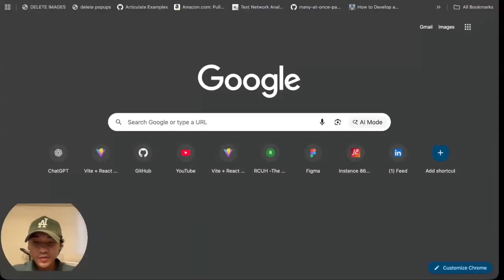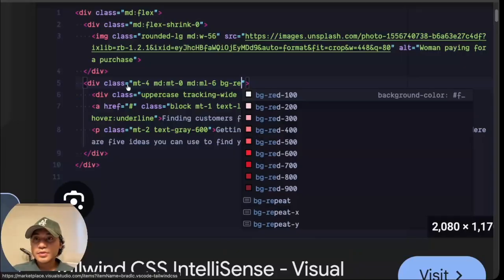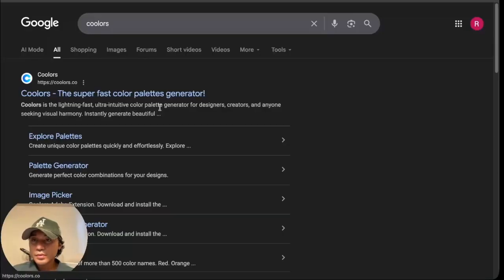the screen. But if I do maybe Tailwind CSS images example, you can use different classes, and instead of doing the whole background color or changing just the color of the text, then you can use shorthand little code snippets like this. So it just makes it a little bit easier for you to customize the elements. You also have access to red 100 where you can have different shades of red, whereas if you were to do this with regular low-level CSS, then you would need to go to something like Coolors, and you need